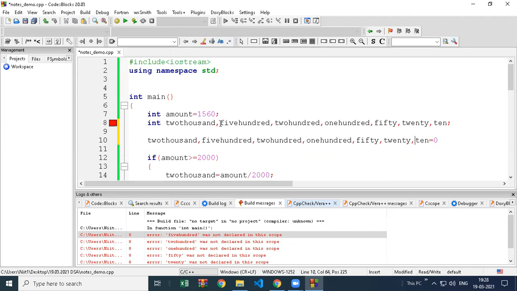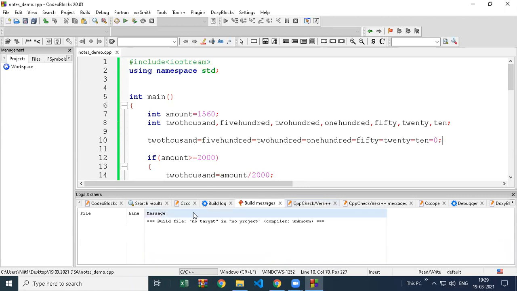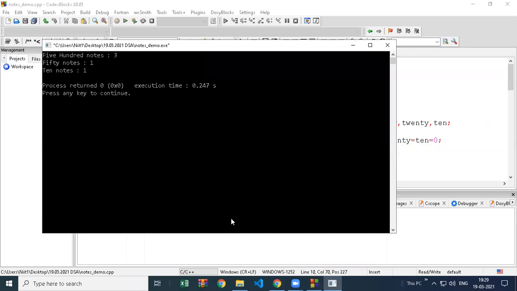Let's check whether this is working. Equal to, equal to, equal to. It's working. Okay, it's working.